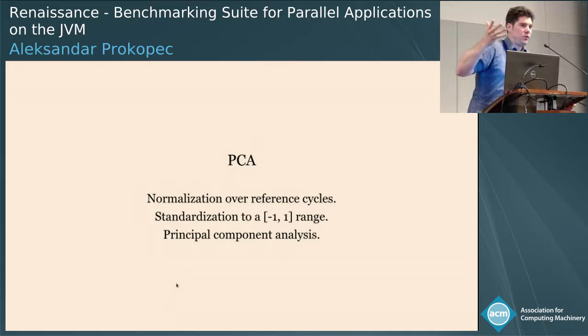So one of the things that you can notice is that different benchmarks run for a different amount of time. So you need to somehow normalize the data. We basically normalized the counts that we got over reference cycles, with the intuition that if on average per reference cycle a certain primitive is invoked more often, then it might be more interesting for performance and more interesting to optimize this particular primitive.